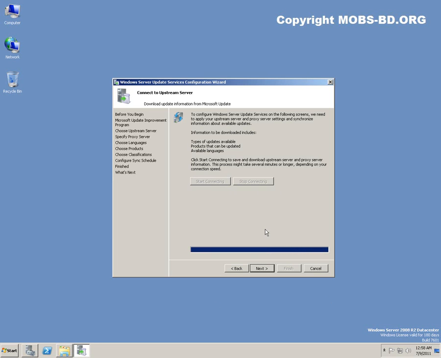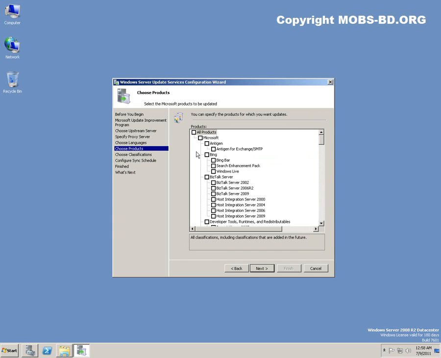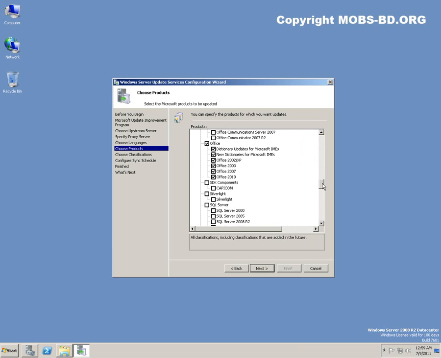And the update information has been downloaded from the Microsoft Update site. Let's click on English. I don't want to do any other languages unless you have a necessity, like if you have other languages to be downloaded into your machine, it would be a huge download. So be ready for the downloads, and also plan ahead for the space you need. So now the list is coming in. It's all being populated, Office and also